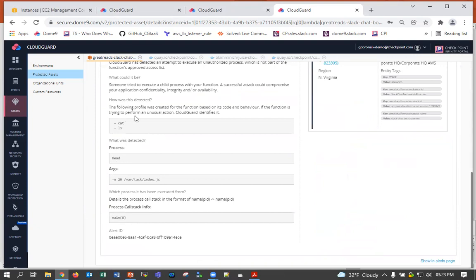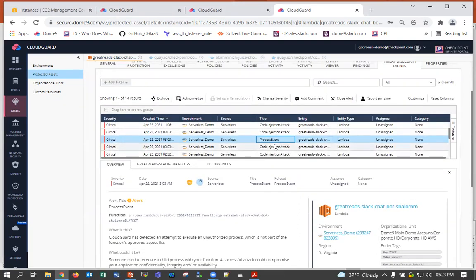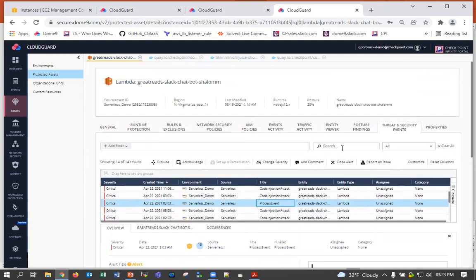It says when I created the function, all I saw this Lambda do was cats and LSs. And now it's trying to run this stuff, right? And it's telling you where we saw it, in what particular piece of the code we saw that function. So we can find out a lot of information about serverless traffic, and we will give you alerts on it